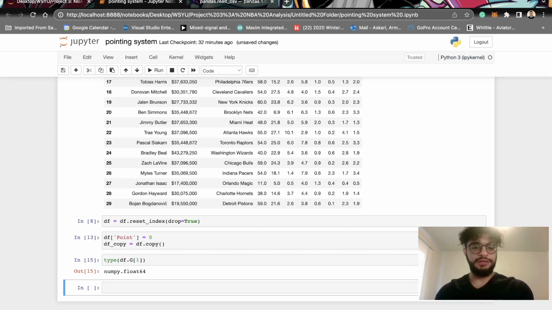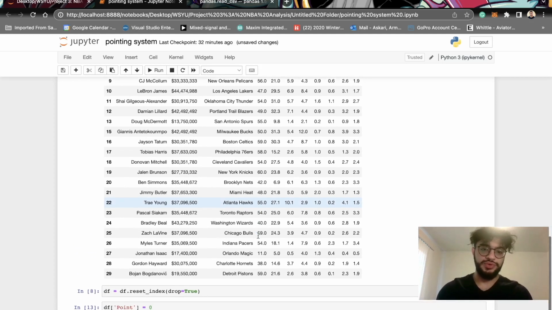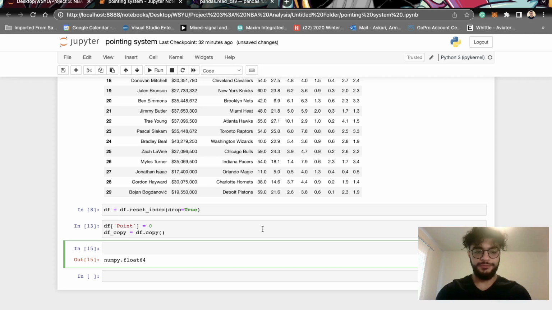Okay, so it's a numpy.float, which is perfect. So we don't need to worry about changing it from string to float anymore. But if we had to do that, I just want to show you all how that would be possible. You basically just come here, say dfg